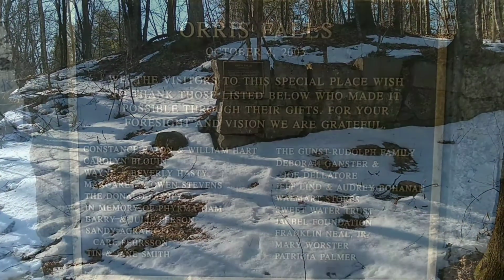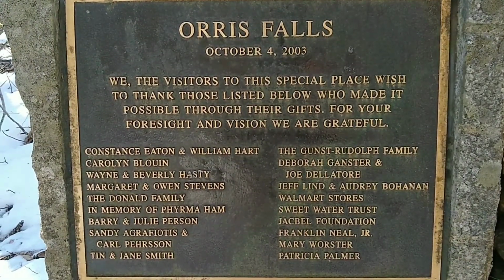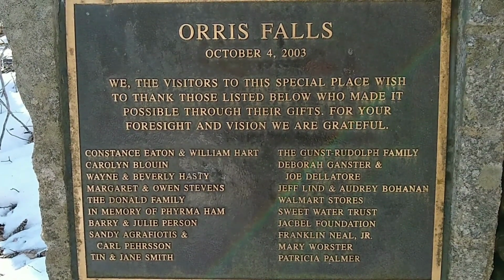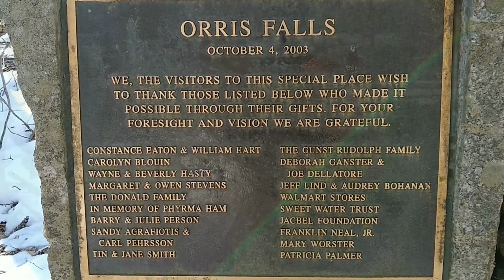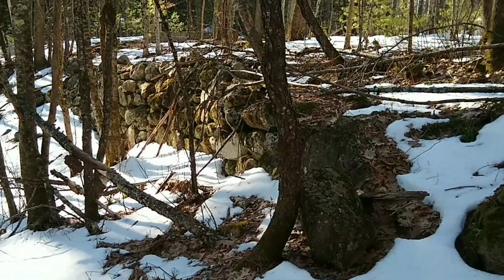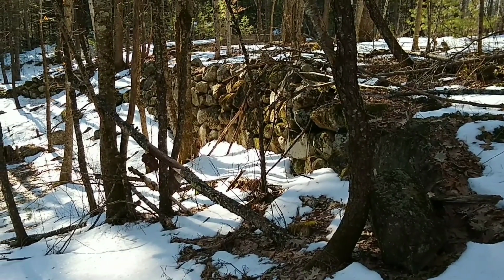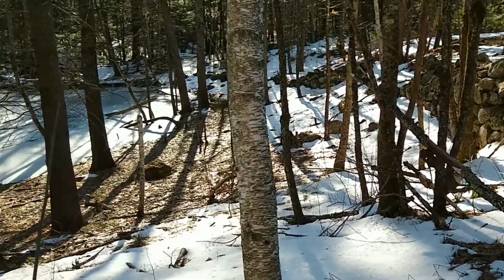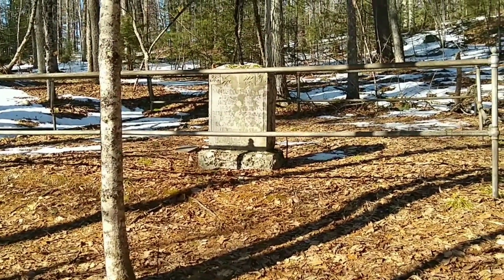Little plaque up there. Little plaque, it's a little thank you plaque to those who made this place possible. This is a really cool place. So thank you very much to all of you listed there. And there's a bit more artifacts. Big old stone wall. And another piece of history here